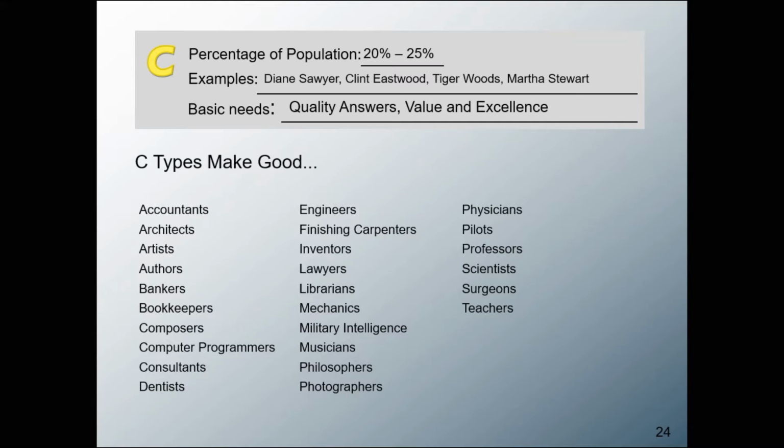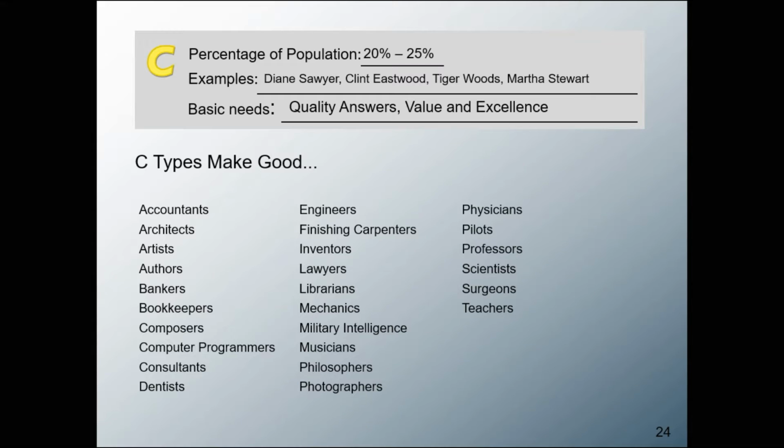according to their expectations. So C-type profile, we will obviously find those type of people in bankers, bookkeepers, dentists. A lot of dentists with C-type personality, professors, scientists, physicians, accountants. Okay, it does make sense because they use a lot of common sense and logic, and they need to be calculated and analyze things.